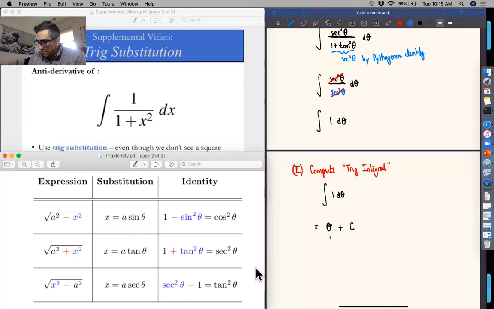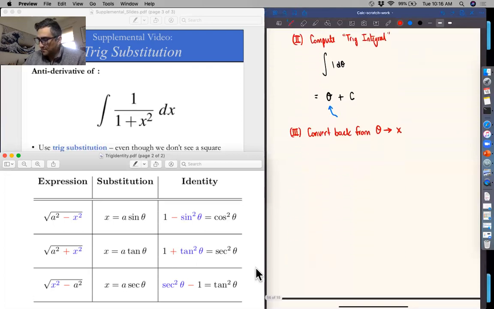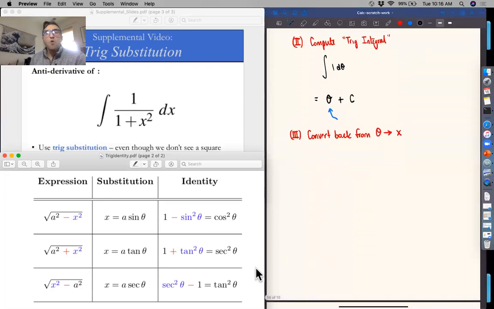Our antiderivative that we just found is in terms of theta, but we need to go back in terms of our original integration variable x. So the third part for trig sub, convert back to the original variables. Which in this case means going back from theta to x. And now normally recall that we always start off here with our substitution. Our original substitution that we made